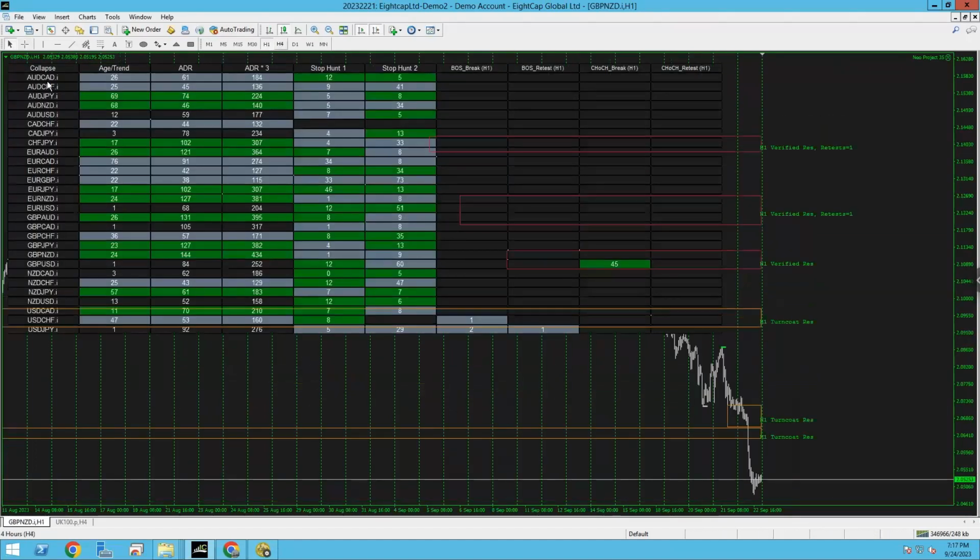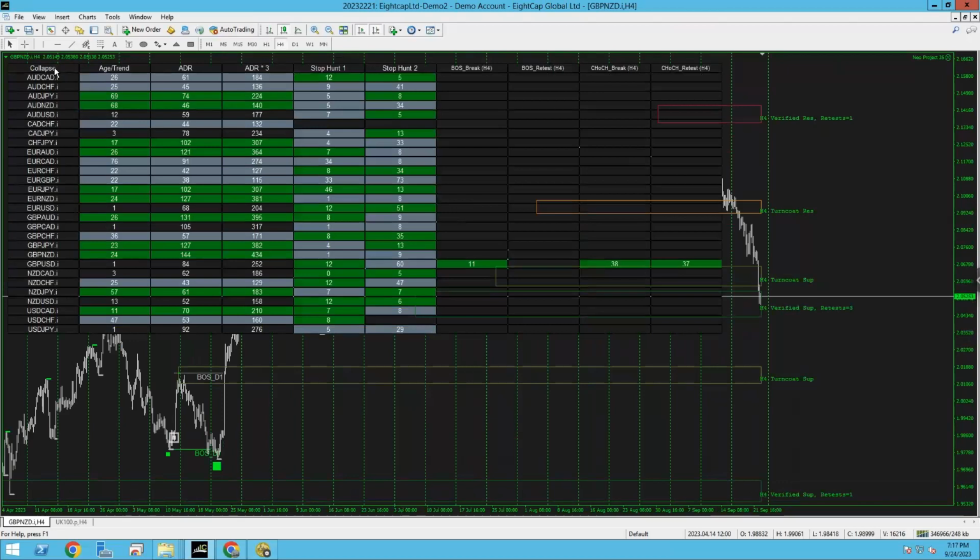Don't worry, the collapse button that doesn't work on market close or weekend is fixed already. But when the next update comes, we'll get the patch that sorts that out properly. I've sorted that out. But now you can see, all you have to do is wait for your alerts for your age and trend. You're also going to get alerts on your break of structures as well, which are daily. And then you can either set a pending order on levels, or you can just wait for the turncoat to appear because you know what trades to pay attention to.